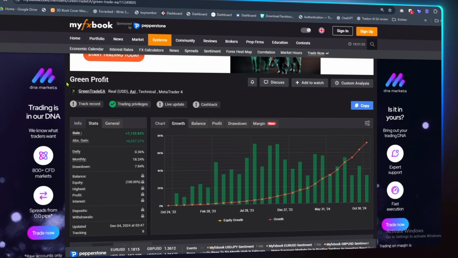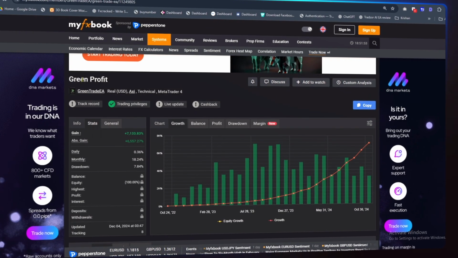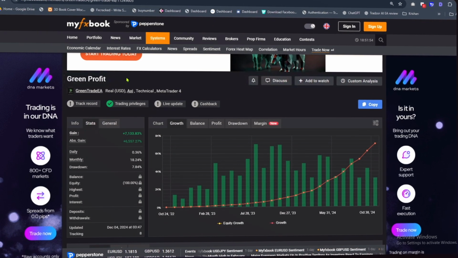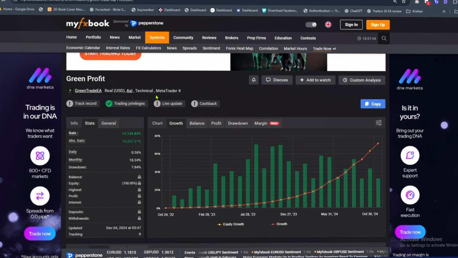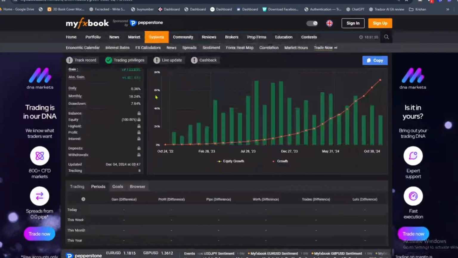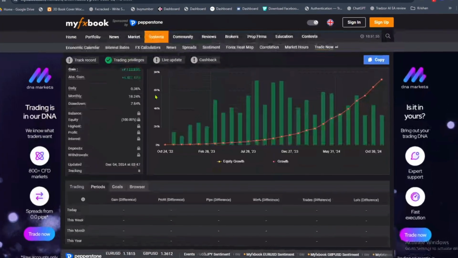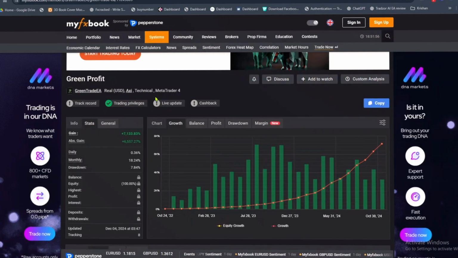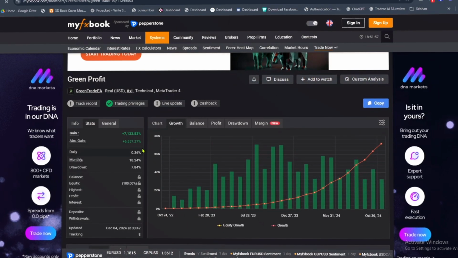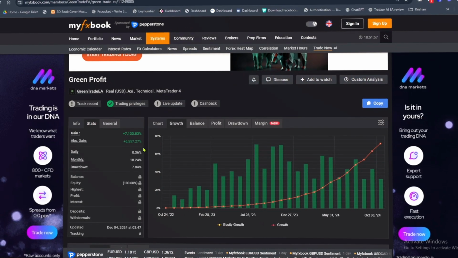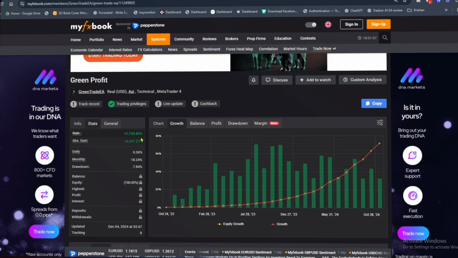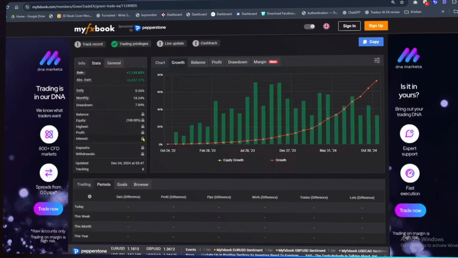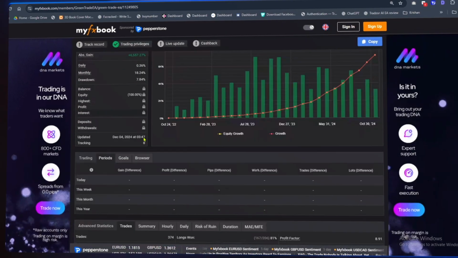On the verified Myfxbook account, Green Profit EA shows a total gain of plus 7,133.83% and an absolute gain of plus 6,557.27%, which immediately grabs attention. Daily growth sits around 0.36%, monthly growth approximately 18.24%, and drawdown is about 7.84%, which is relatively controlled considering the overall return scale. The growth chart shows consistent monthly performance spikes rather than random equity jumps, and when we move